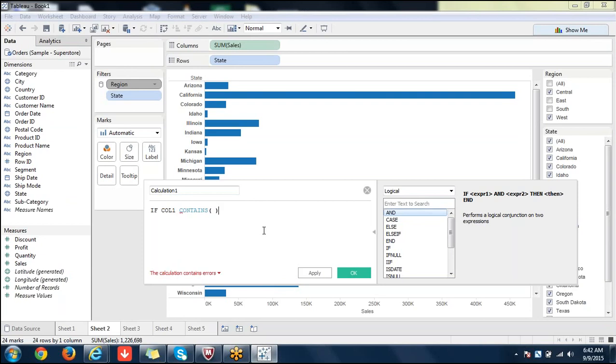Use contains: if column 1 contains such a thing, true, then okay, else if it contains a different value, again write contains, and then at the end, don't write else if, only write else, and end. This is the syntax for it. If you have multiple conditions to check, use if then else. If you have a simple, exact string comparison, use case.